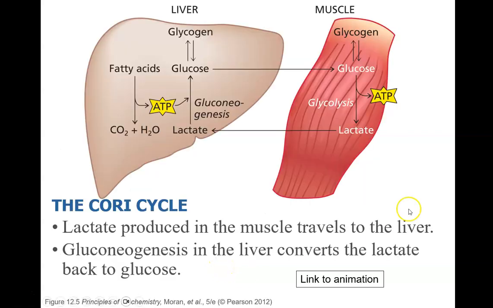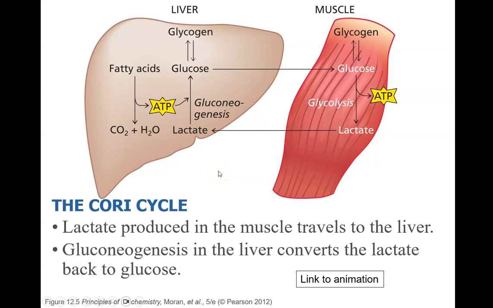To put this into context, if we look over here on the right, say you're exercising and glycogen is broken down into glucose, and you break down the glucose to pyruvate to get 2 ATPs in glycolysis, and then the pyruvate is converted to lactate in the absence of oxygen. Lactate's a dead end. There isn't anything you can do with it. So this is described by the Cori cycle. Lactate leaves the muscle, goes through the bloodstream, and enters the liver. The liver is able to carry out gluconeogenesis and converts the lactate back into pyruvate and then the pyruvate to glucose. This is an uphill pathway requiring ATP, so the breakdown of fatty acids can provide the ATP for